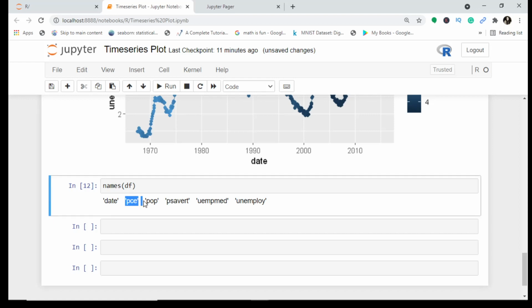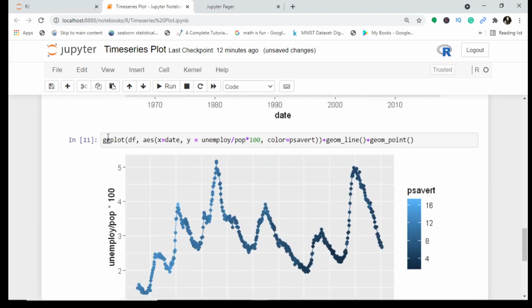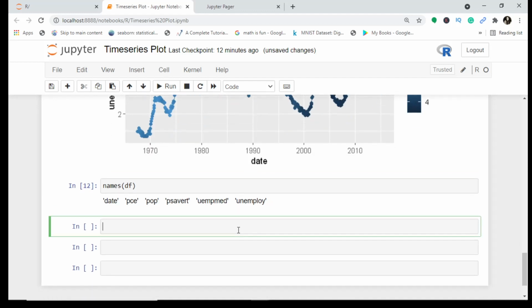This is PCE. We can experiment with PCE also, and on the x-axis I will have PCE, the personal consumption rate, and in the color I can have date, and let's see how we get the graph.